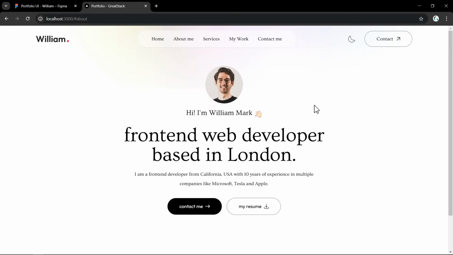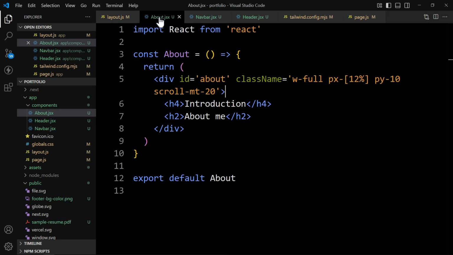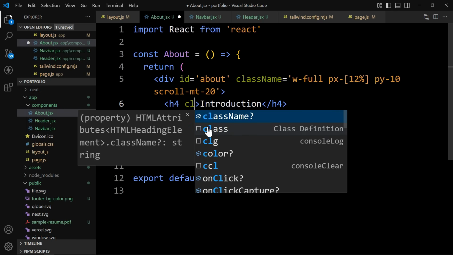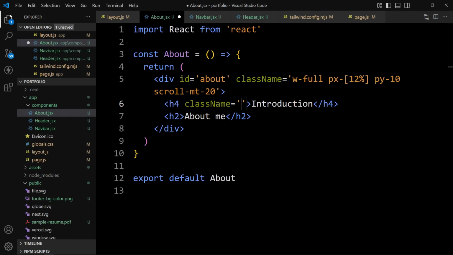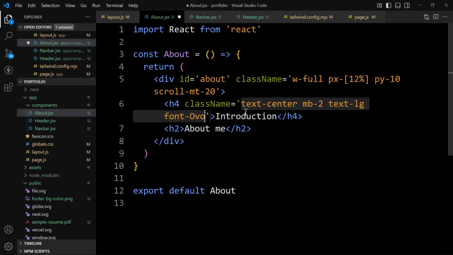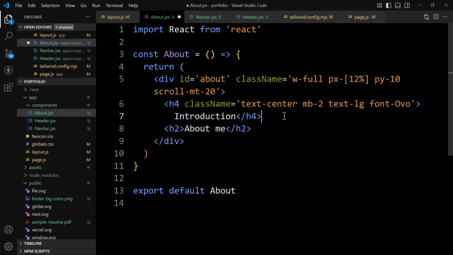Right. Now let's come back and open about.jsx file, and in this one we have added this title. So let's add the class name here. So we will add the class name, and here let's provide text center, margin bottom, text large and font family. Now let's add the class name in this tag, that is h2. So here we will add the class name,